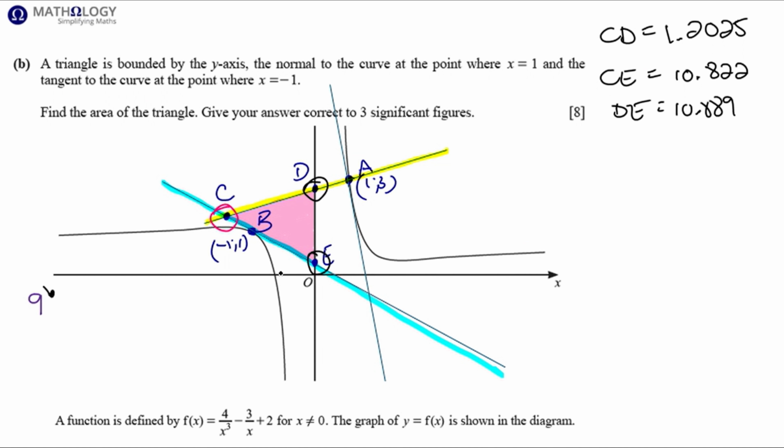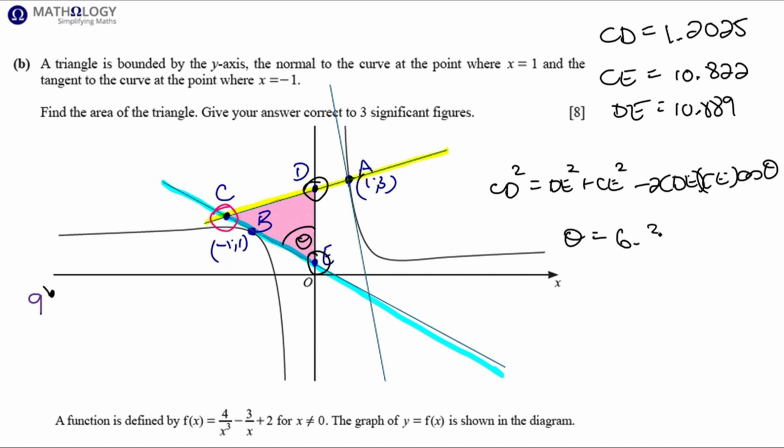Now that we have the lengths of the three sides of the triangle, we can determine an interior angle. It doesn't matter which angle you choose. We'll just call this angle here, angle CED, theta. So to find theta, we're going to use the cosine rule. CD squared equals DE squared plus CE squared minus twice DE times CE times cos theta, which gives 6.34